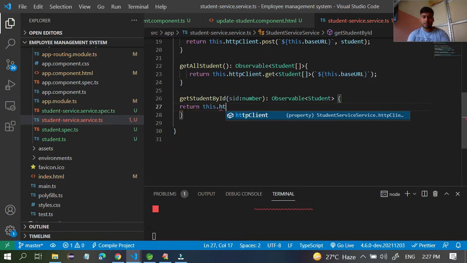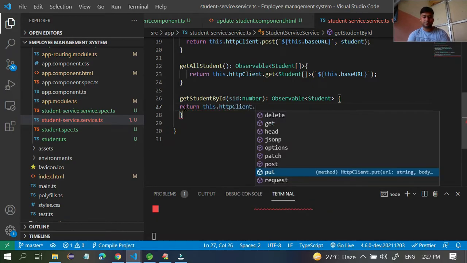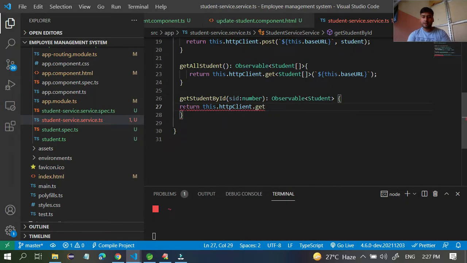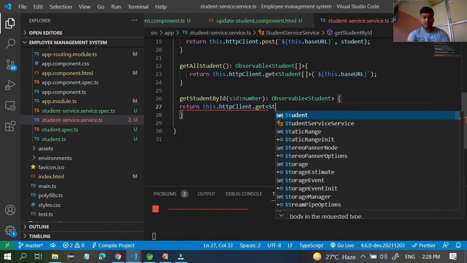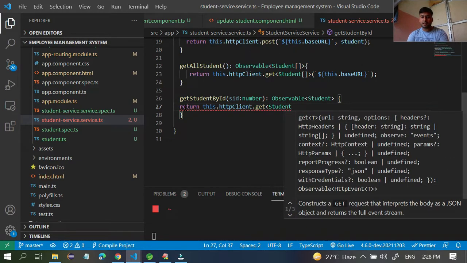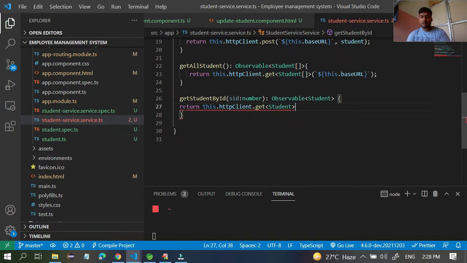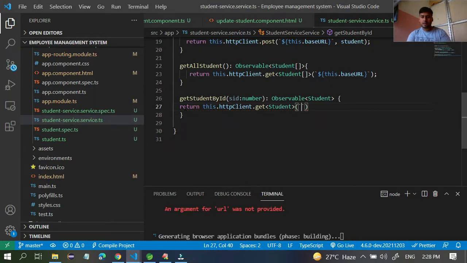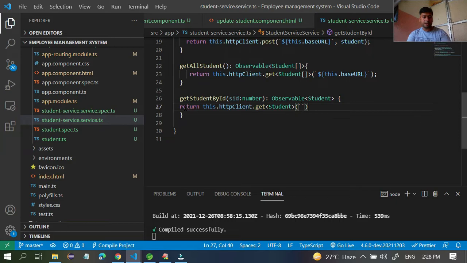And here we have to return this dot http client dot get method. Inside the get method you can specify the Student type of data you want. Inside this you can give a quote, and inside the quote you can specify dollar, and inside the dollar you can give the path.